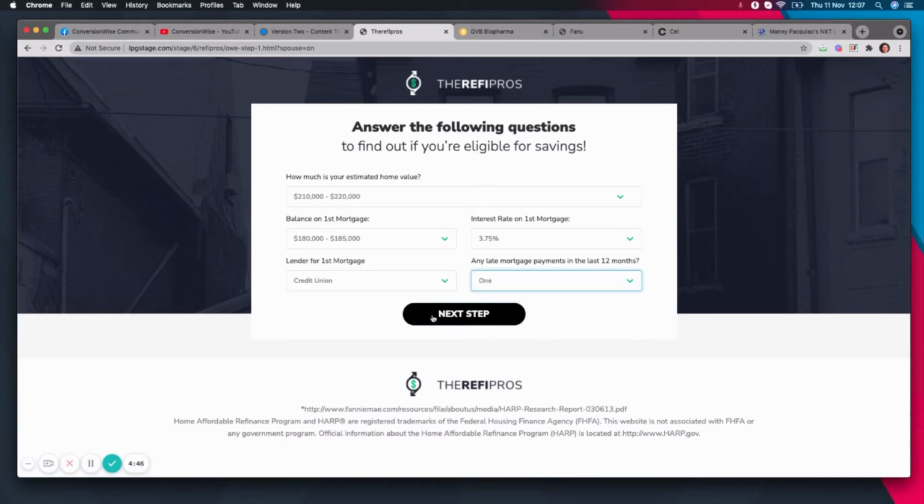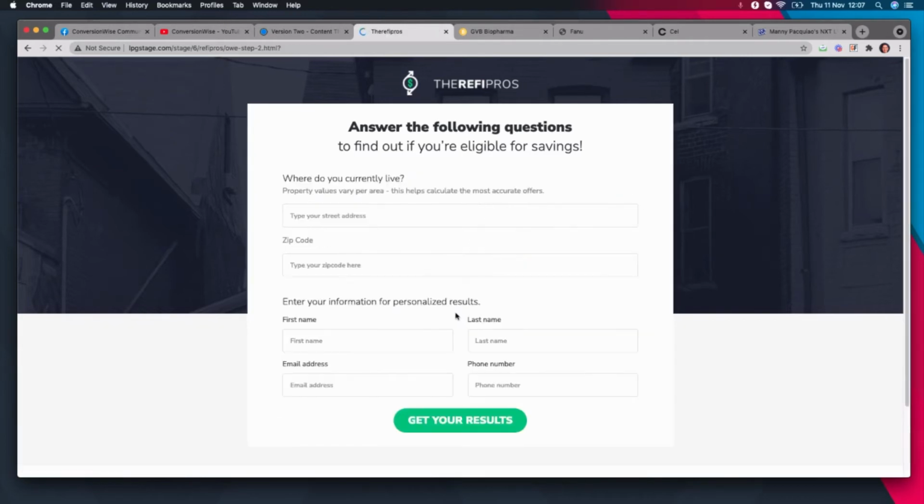I'm just picking anything at random here, guys. And again, we're just going to funnel me through to the next process. And this is the last step in the funnel. So a 3-step funnel is actually a very effective way of capturing more information for your lead generation than obviously the single step, which is going to be very, very vague. It's more about quantity over quality. So that's the kind of distinction you need to make. Are you looking for volume, or are you looking to get super high quality, but obviously fewer leads? So it's all about your decision, but this is what we call a classic lead generation funnel.